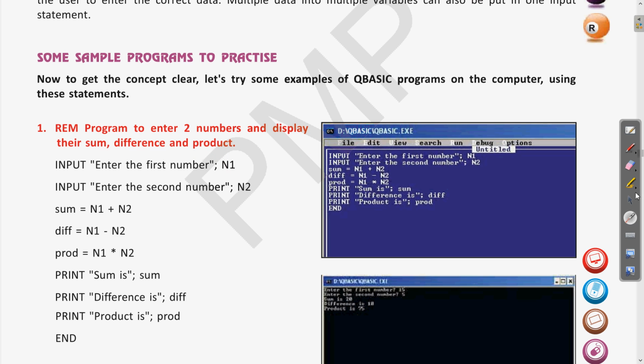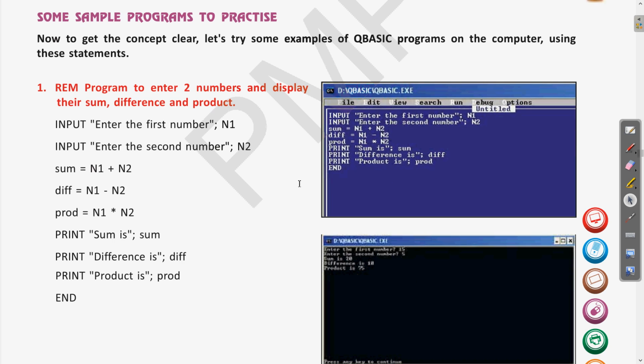Clear? What we are doing here is writing a program which will take two numbers from the user, and after that we can print the sum of the numbers, then the difference, then the product. For writing these, we have written messages like print sum is, difference is and product is. Here it is taking the input, and you can see that the input is now also taking the message at the same time as we declare the variable.